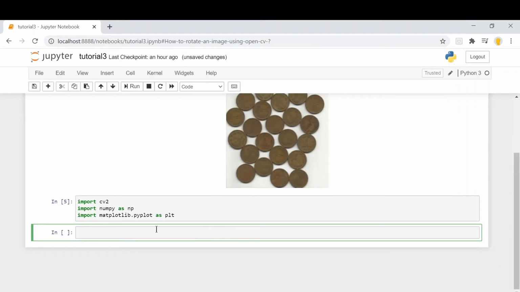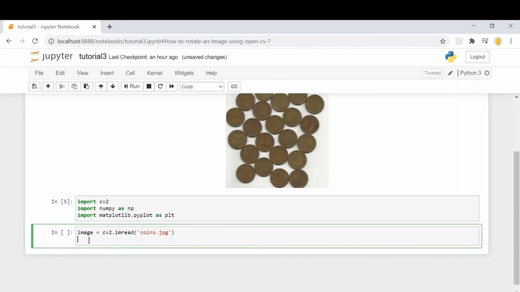Then we'll read the image. So here we'll use the cv2.imread command to read the image. Then we'll convert this image into a grayscale image.